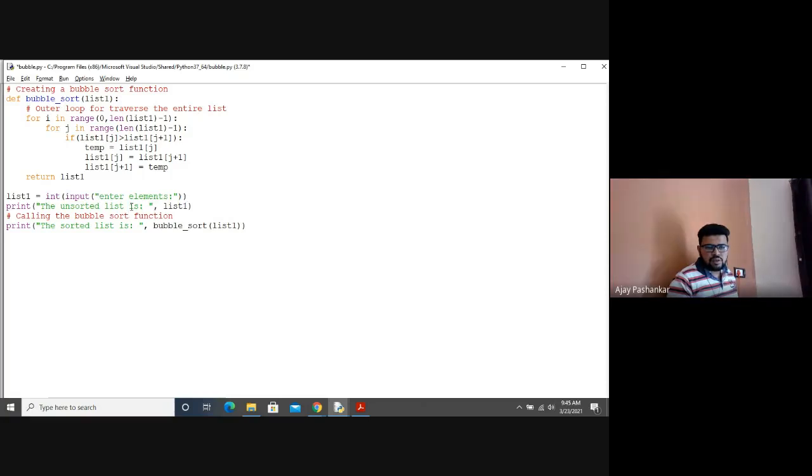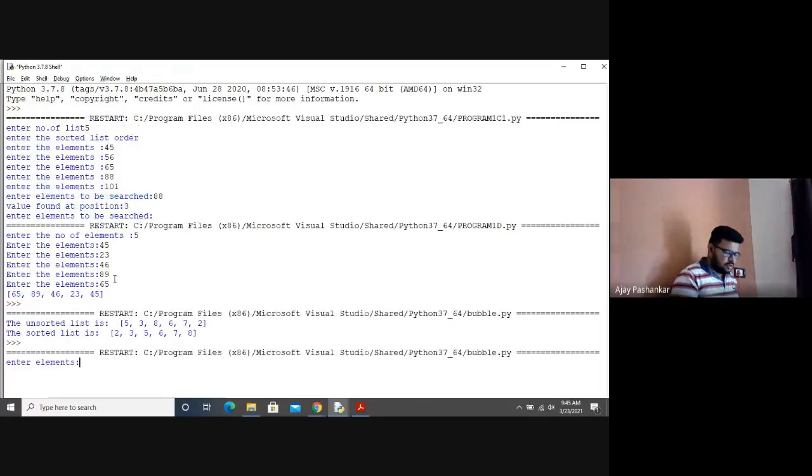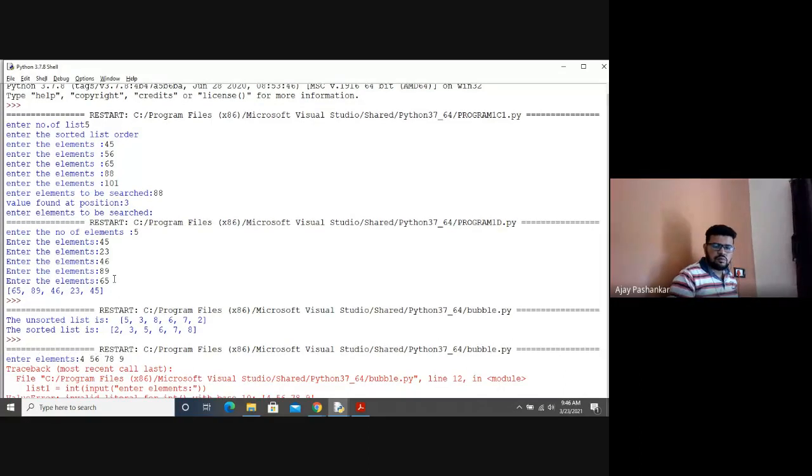To print the unsorted list, list 1. Just check this. Enter element it is given here.